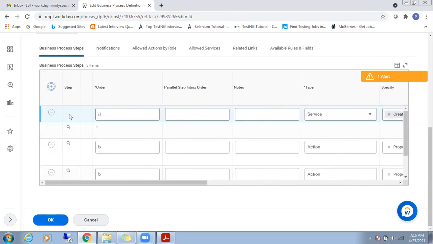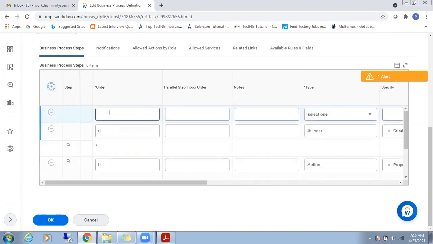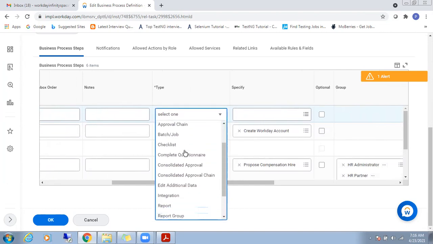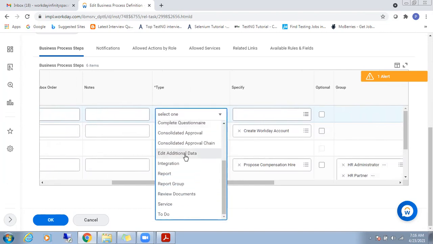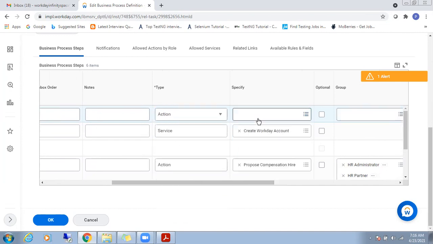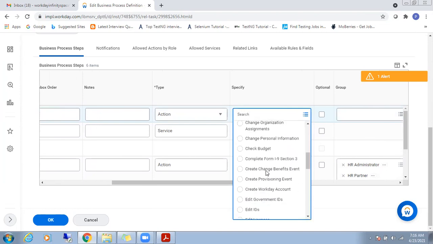So here I'm going to go for the next step, the action.